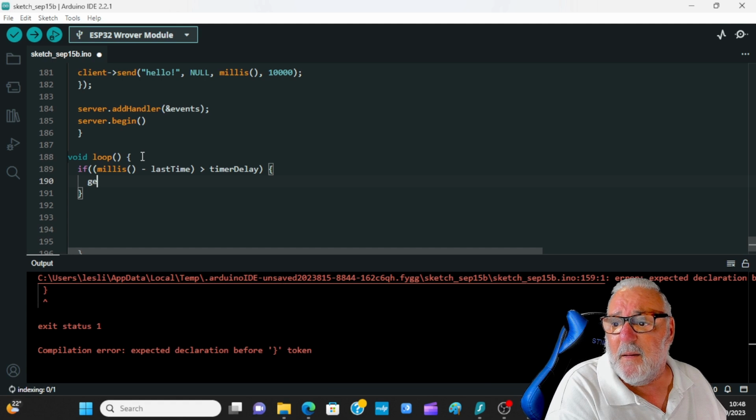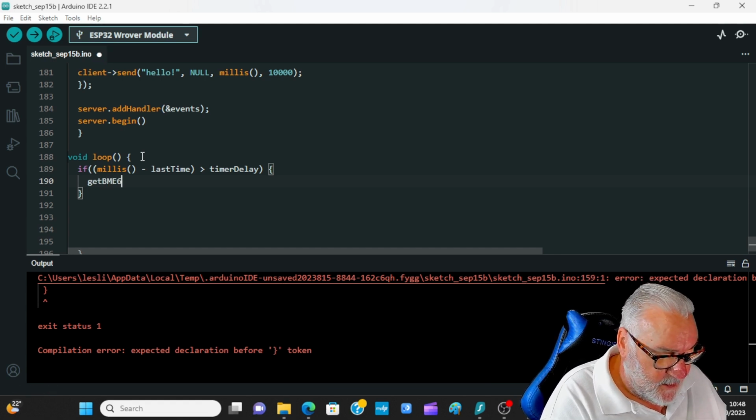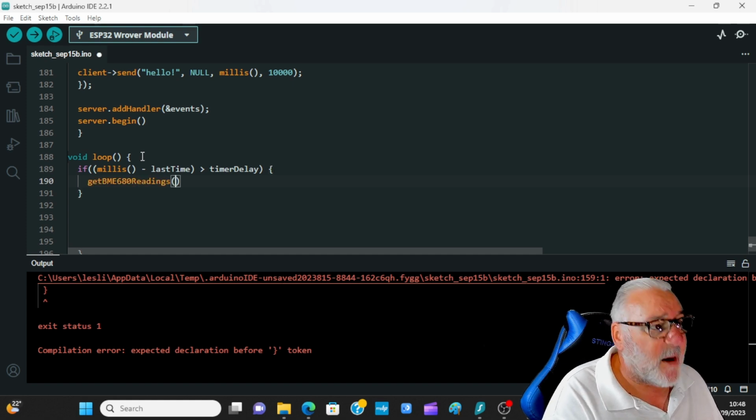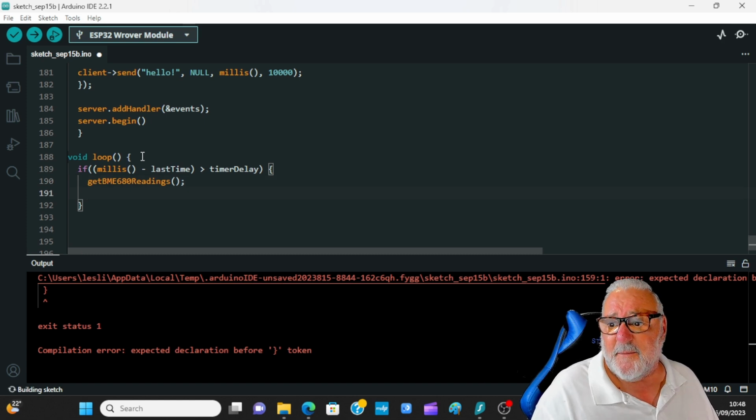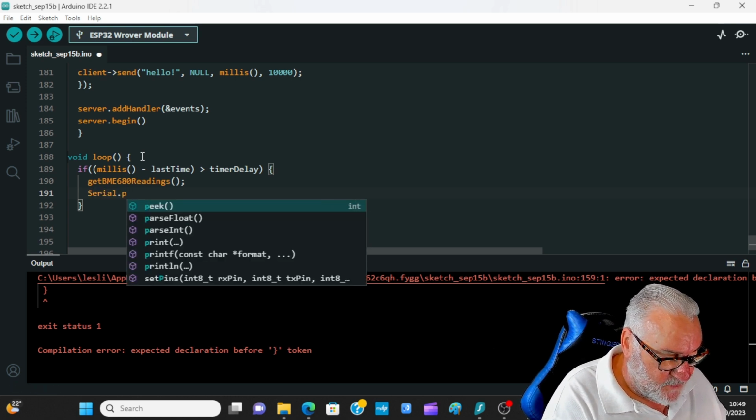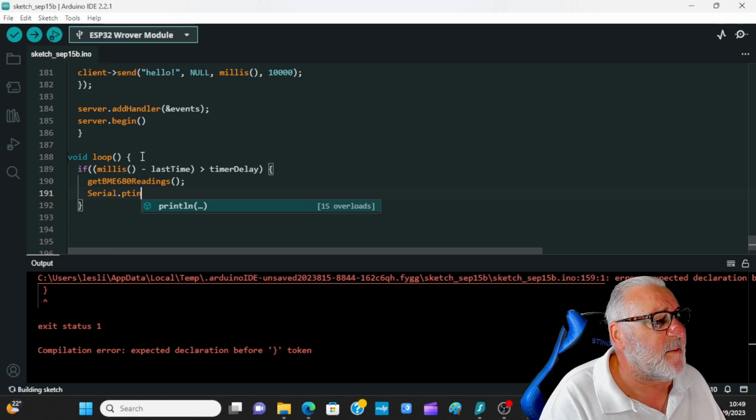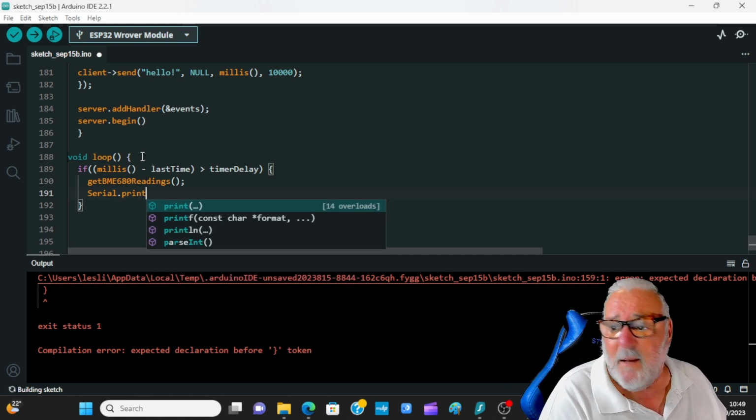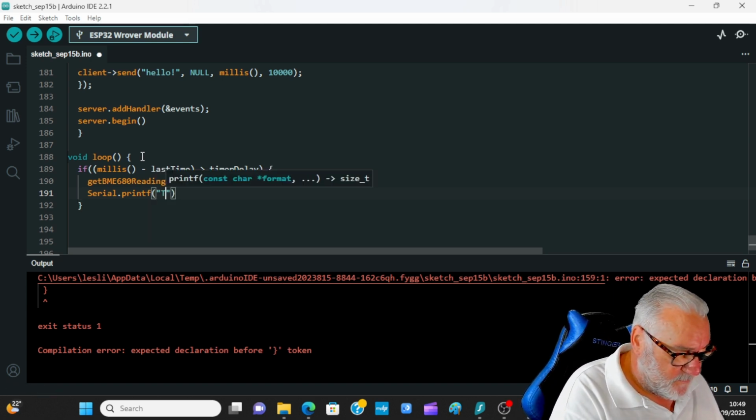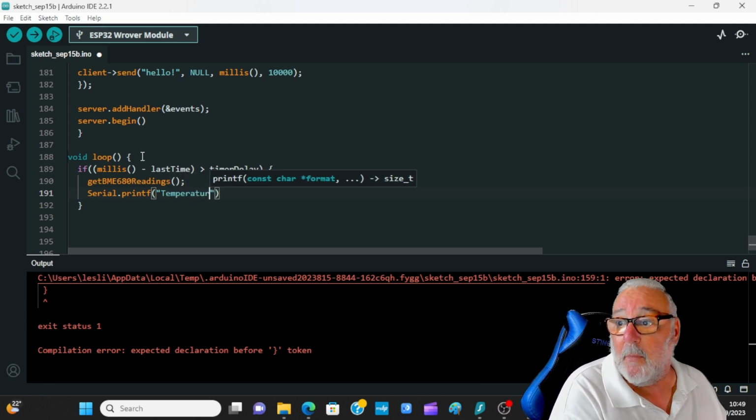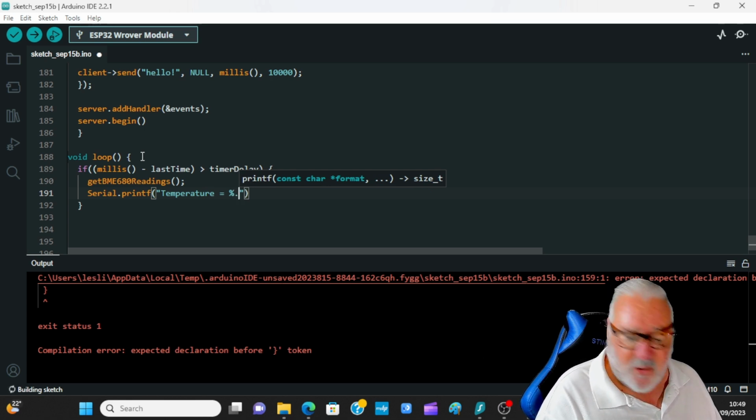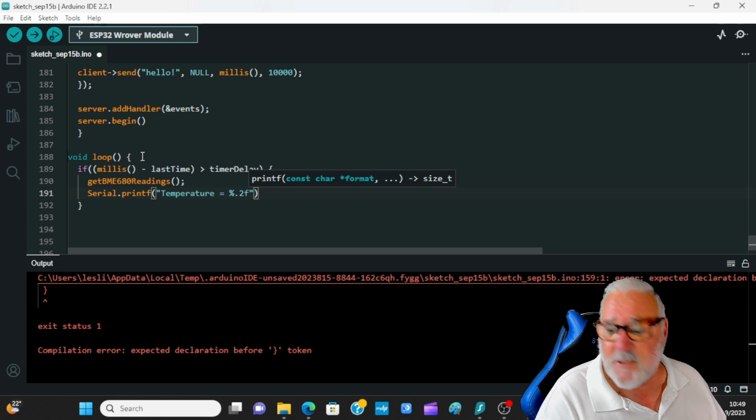Get BME680 readings, capital R on the readings. Brackets on, brackets off, come outside the brackets, semicolon, enter. Right, and then it's Serial dot printf. Right, and it's brackets on, and it's quotes. Temperature equals, space percent dot 2f, small f space